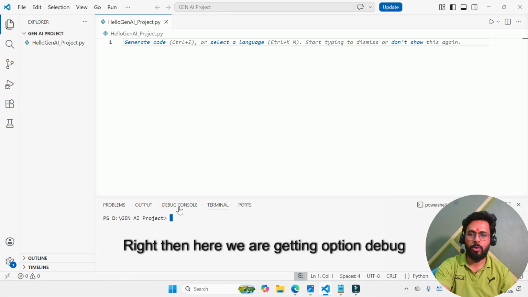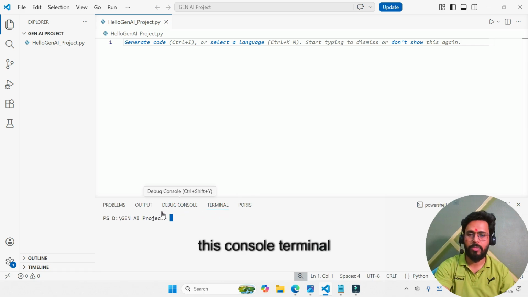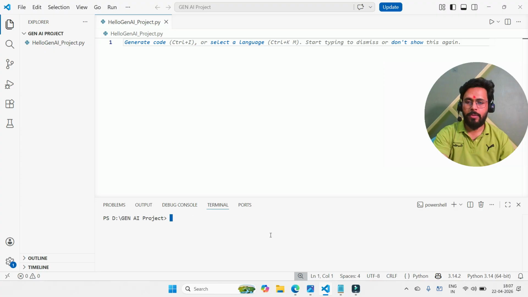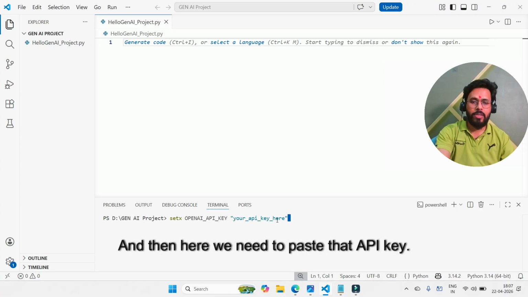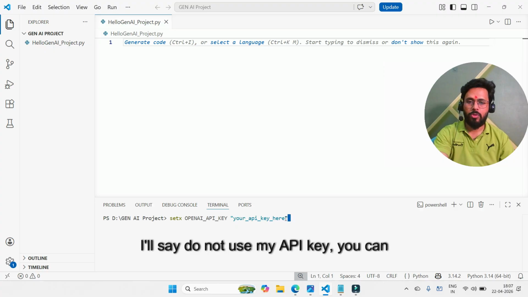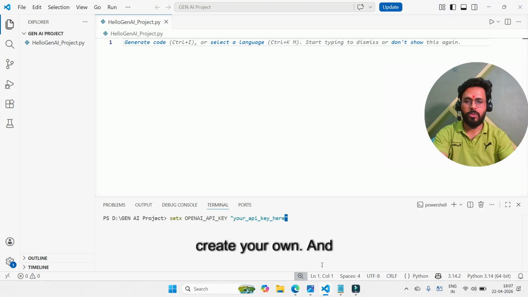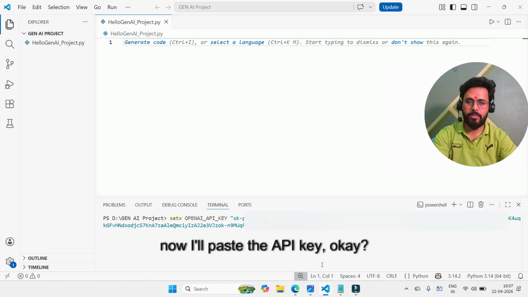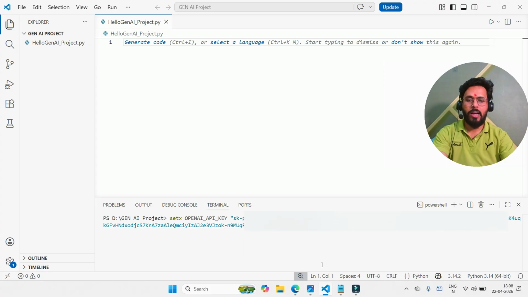Then here we are getting options: debug console, terminal, output, everything. So I'll go to the terminal and paste that command here, and then here we need to paste that API key. So I'll copy my API key. I'll say do not use my API key, you can create your own, and now I'll paste the API key. Okay, after that I'll press enter, and now you see success,